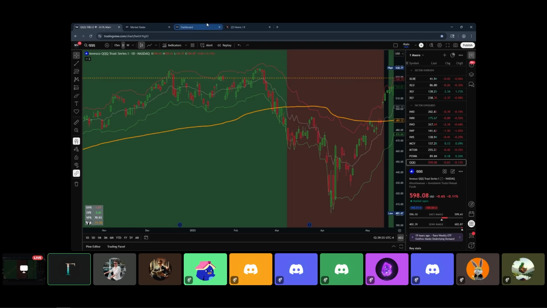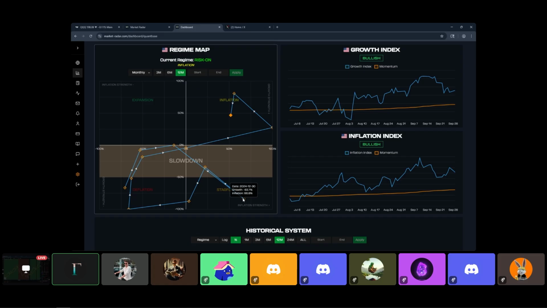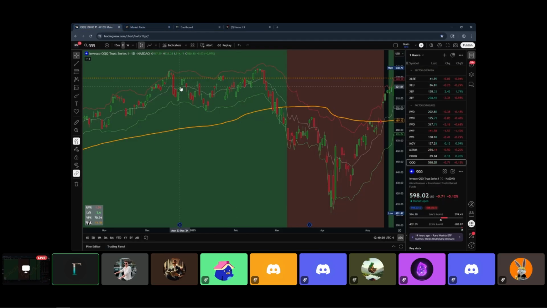Correct. So the regime model here, and maybe I can go back 12 months. Does this go back far enough? Yeah. So here you can see on 12/30/2024, we were in stagflation, which, simply put, is risk off. So risk off, slowdown, risk on. Slowdown has a blend between the two, and allocation-wise, it's not significant. But we were risk off 12/30/2024, and we stayed that way pretty much the whole year, and the whole first quarter. And the risk-off annotation here came on Christmas Eve.